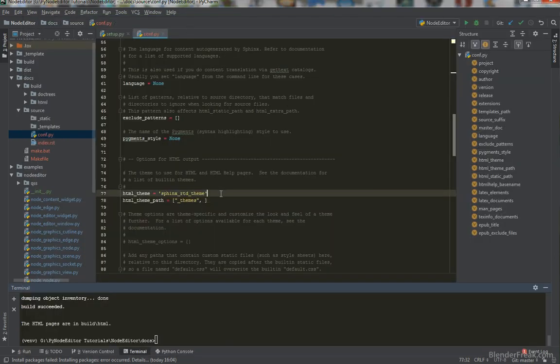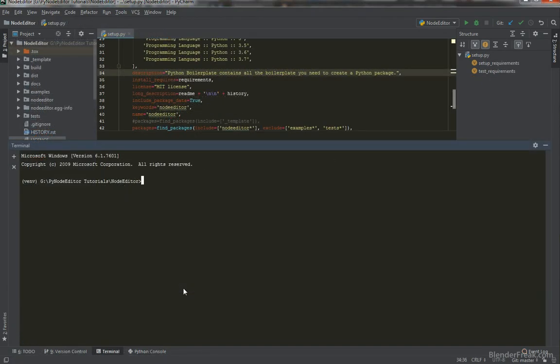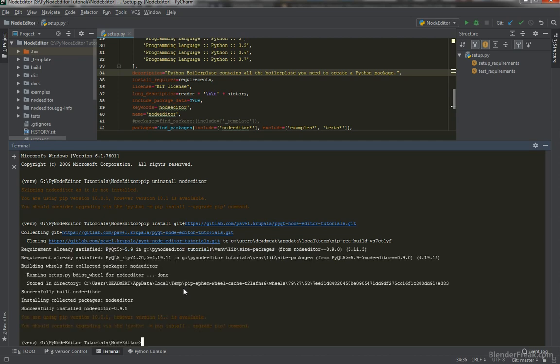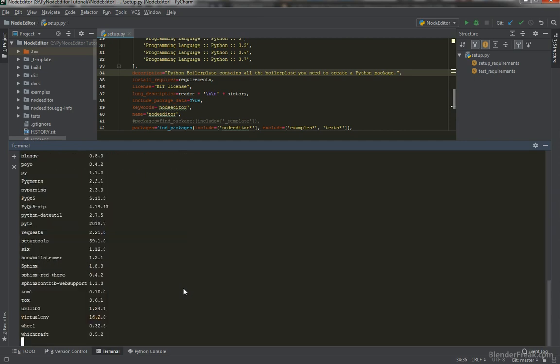So this is going to be everything about the documentation. And now the final test to prove it's not installed. Let's pip uninstall node editor, and we can install it back from the GitLab repository with this link. So pip install git plus and the link to the repository, and as you can see we got node editor installed right here